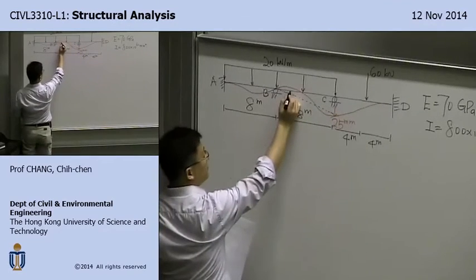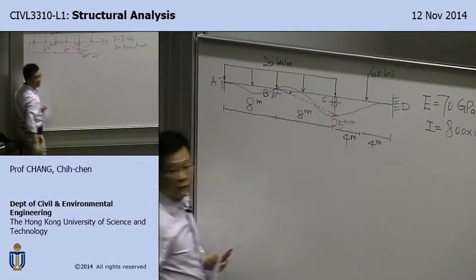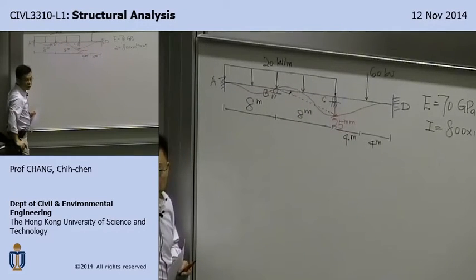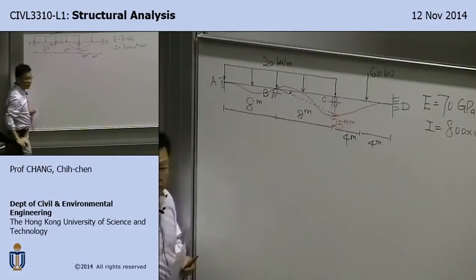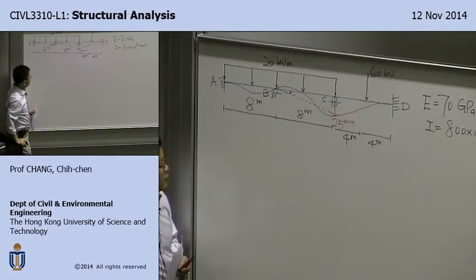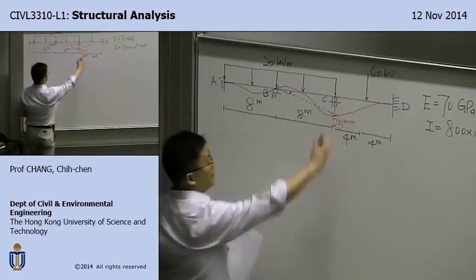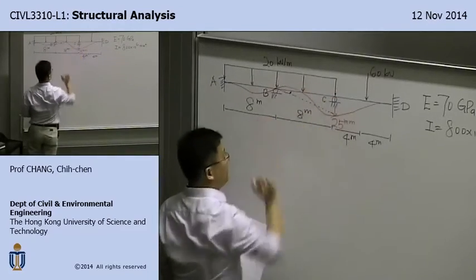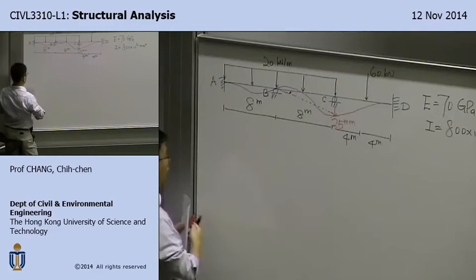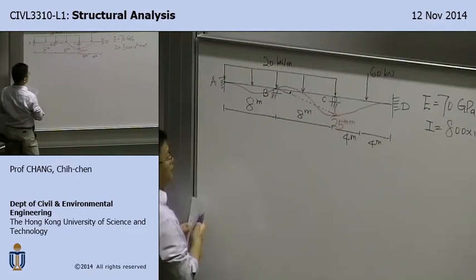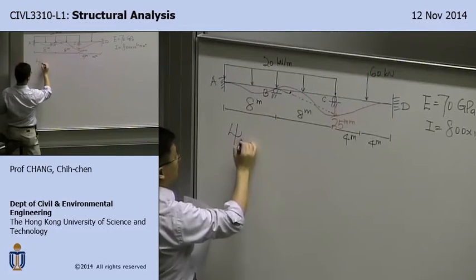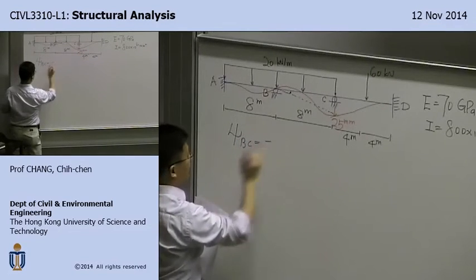So here is your rigid body rotation angle, and it's a clockwise rotation. So the rigid body rotation angle for BC is going to be negative of this divided by the length. So you'll be expecting to see a rigid body rotation angle for BC is going to be negative